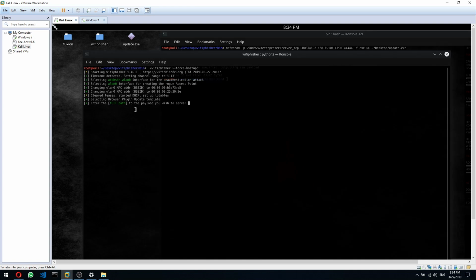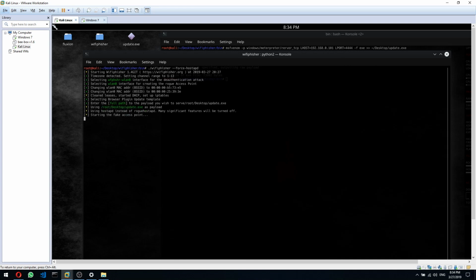And now we need to select the full path, so I think we are here in root. So yeah, root, desktop, and specify update.exe